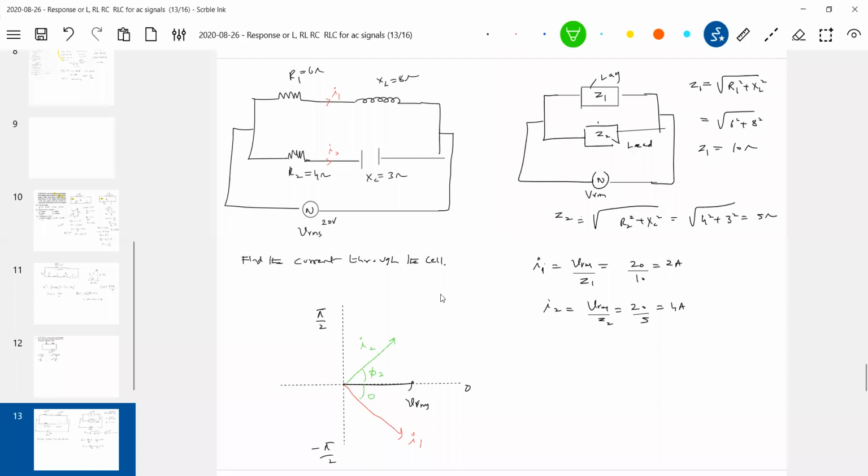This angle we don't know. This has to be determined. How to calculate the phase angle? Separately, you go back for the inductor circuit, the RL circuit. So how do we show the phase angle? It is like this, no? A little bit the orientation will be different. It is justified because I took VRMS as reference.